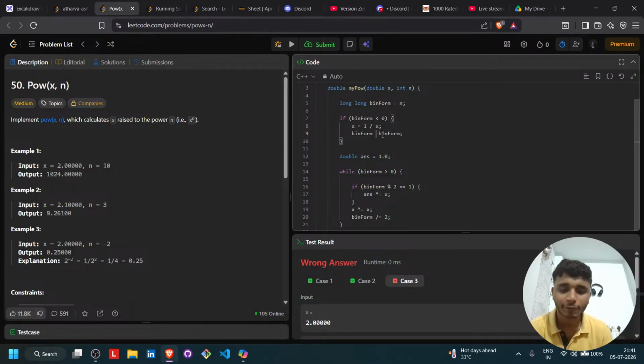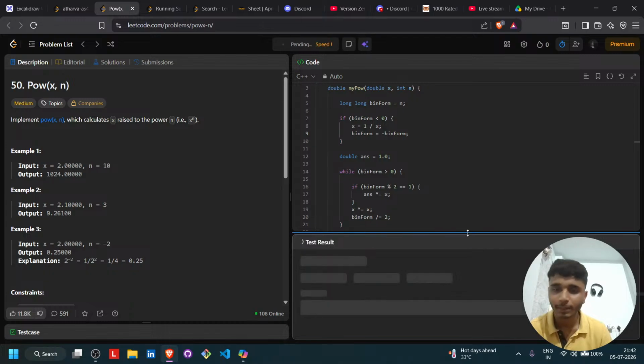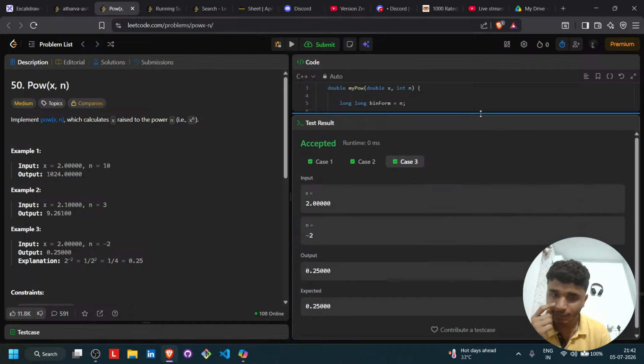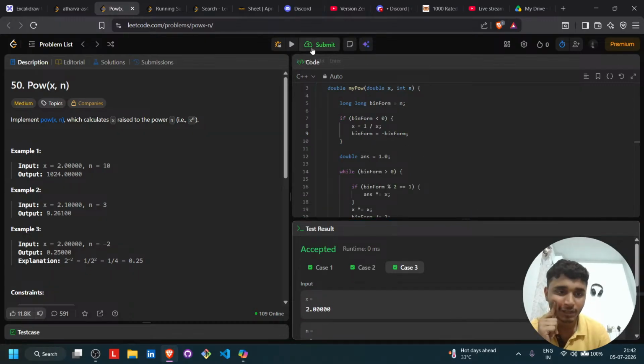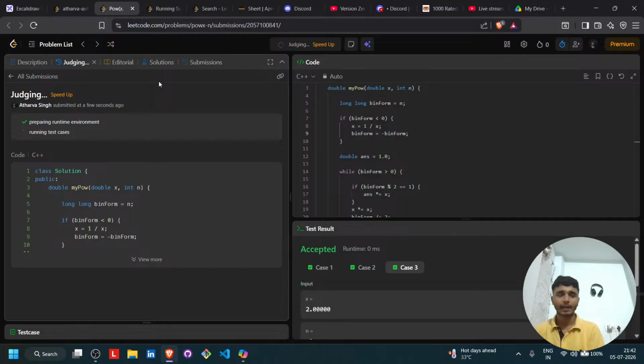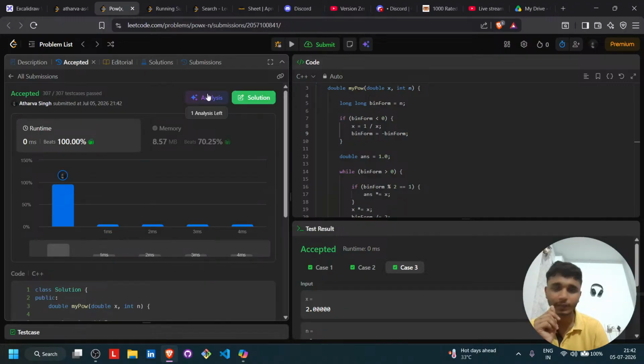Yeah, it will be binary form equals to minus binary form, not this. We have to take the minus, the opposite value, of binary form, then it will be fixed. And the time complexity of this will be equal to big O of